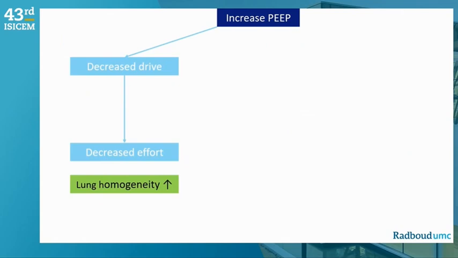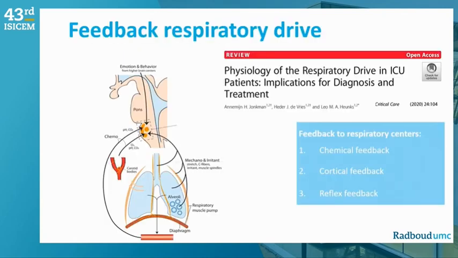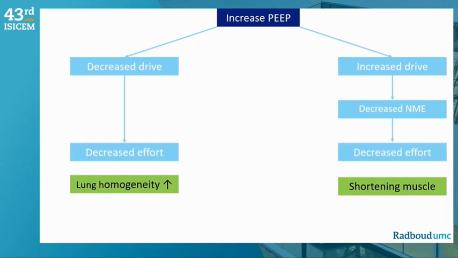Okay, so let me try to summarize this. If we increase PEEP, in some patients respiratory drive decreases, and respiratory effort decreases. My hypothesis, but it's a little bit challenged by the findings from Domenico, is that it may be the result of increased lung homogeneity, because, as I tried to explain earlier, if there are consolidations in the lung, it activates irritant receptors that increase respiratory drive. While in some patients, higher PEEP increases respiratory drive, but decreases effort because there is an impaired